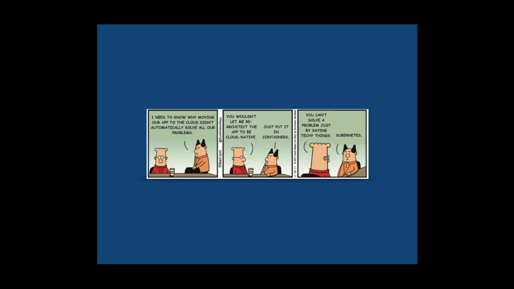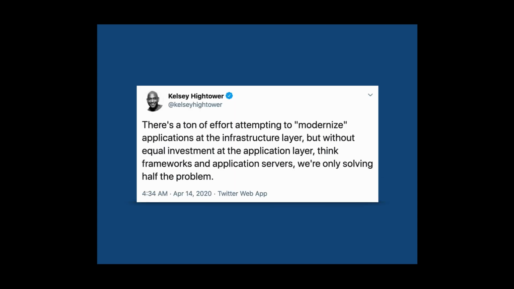A lot of people think that Kubernetes, or any cloud provider, you might say, but most of them actually run Kubernetes now, is the only thing you need. As long as you just put your old stuff into containers, you're fine, because Kubernetes will just manage it for you. It's actually not that easy.